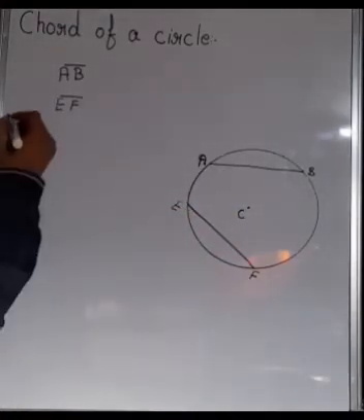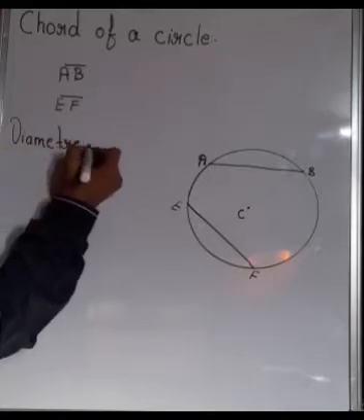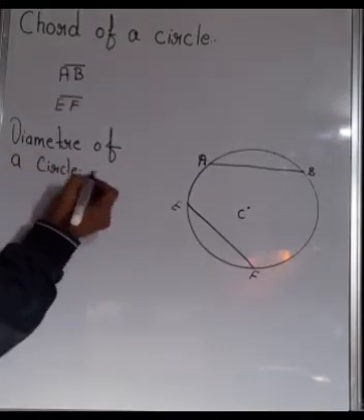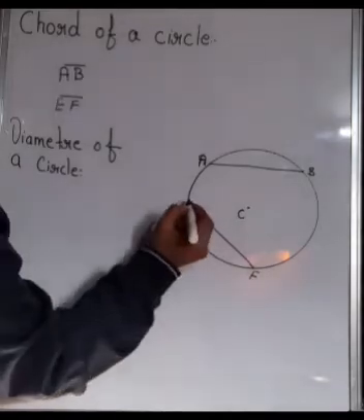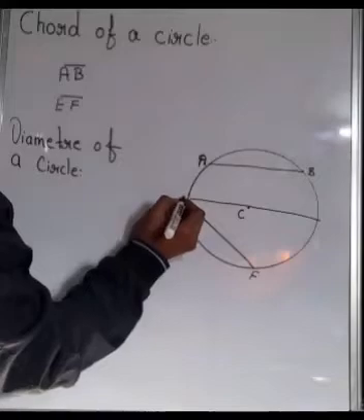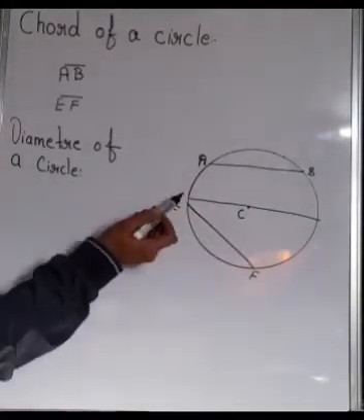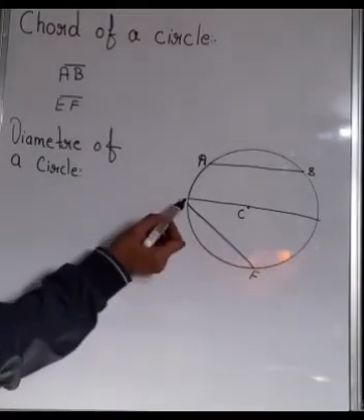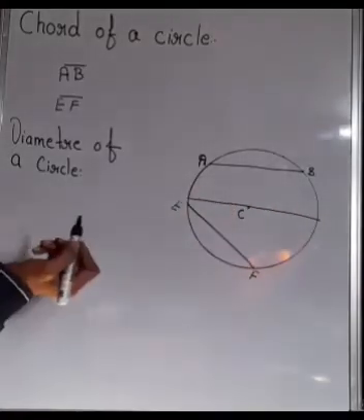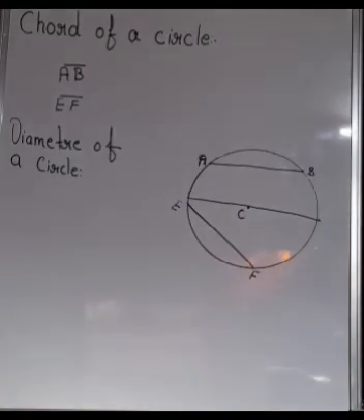Okay. Next we have the diameter of a circle. Now what is your diameter? Here I have drawn a circle, and suppose I draw a chord like this which passes through the center. It is a chord I have drawn which passes through the center. Why is it a chord? Because it is touching the circle at 2 different points. So the diameter is the longest chord of the circle, or you can say the chord which passes through the center is known as the diameter of a circle.